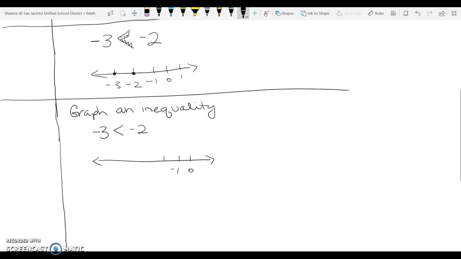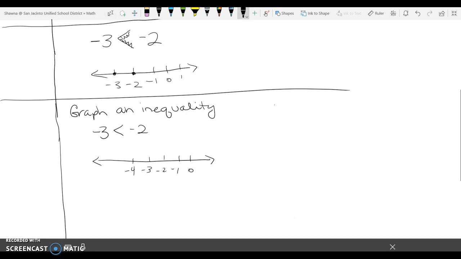Oh, sorry, that's -1. All right, so -3 is less than -2. All right, so there's 2 ways of doing the graphing. Okay, so if I was to ask you to graph that inequality, I could either